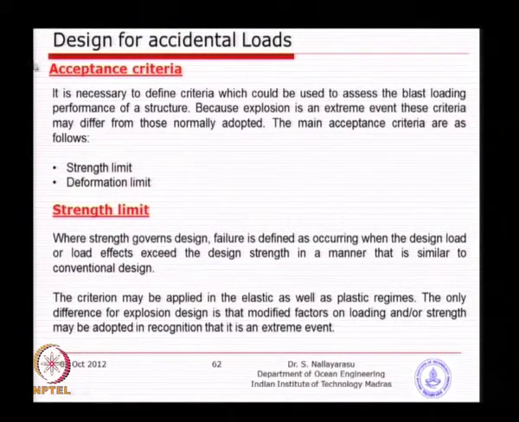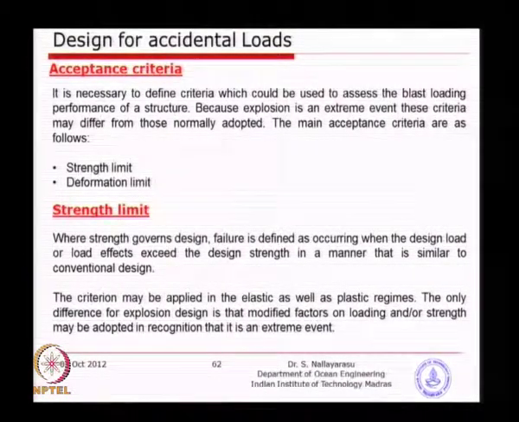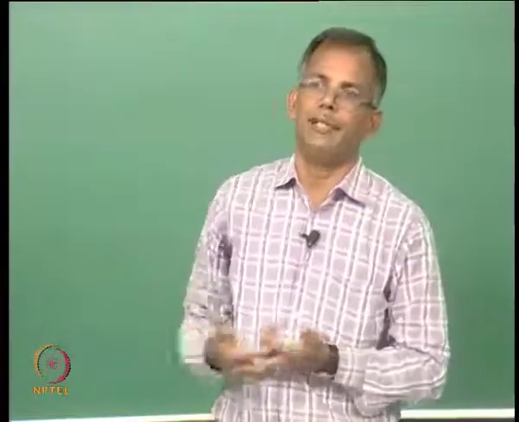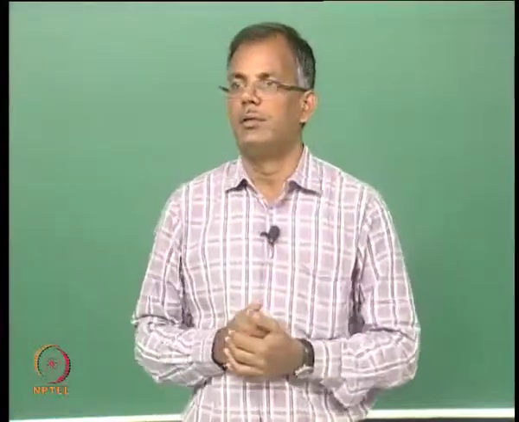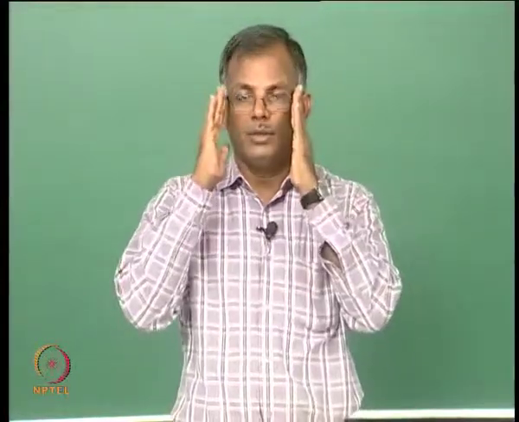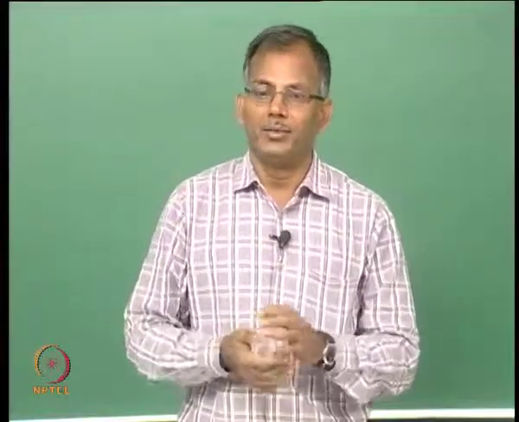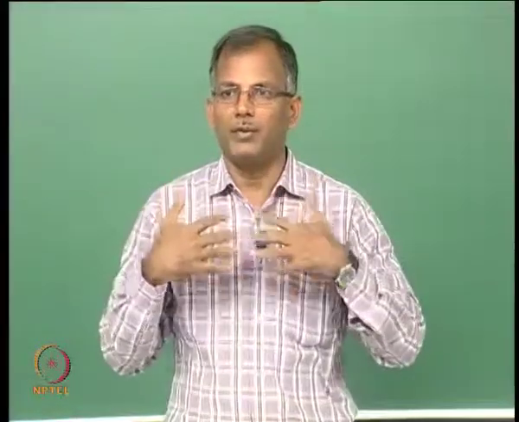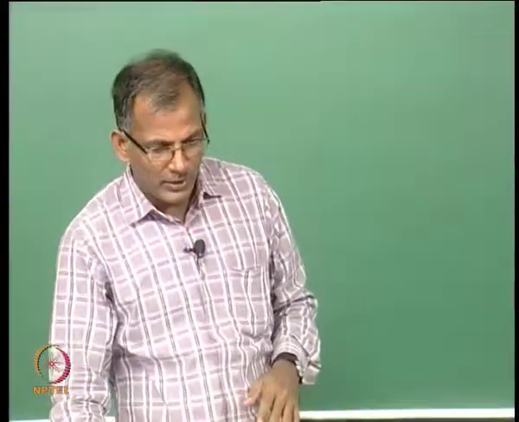Acceptance criteria, we just need to fix: one is the strength limit, the other is the deformation limit. I think the deformation limit is very easy to understand. We want to limit the deflection to say half a meter, because we want to keep the equipment in the near vicinity, or you may set a value of 2 meters if you are willing to waste 2 meters of space in that vicinity. So it all depends on the space availability. As you know very well, space availability is very difficult on an offshore platform, it is not easy to get a large open space. So you typically give a meter and put all your equipment around. So the deformation limit is very easy to set.